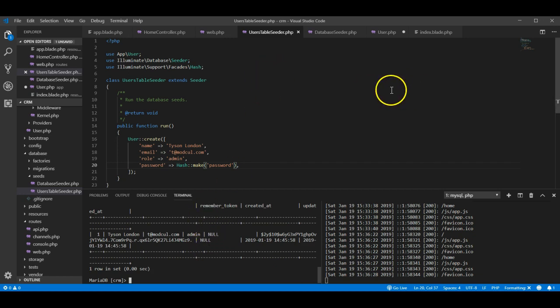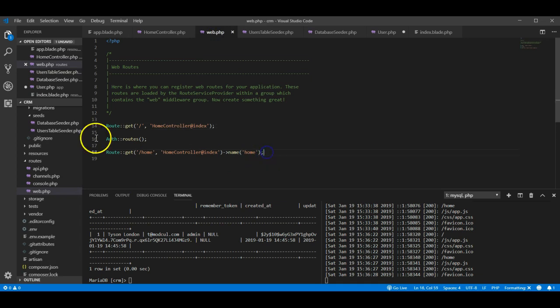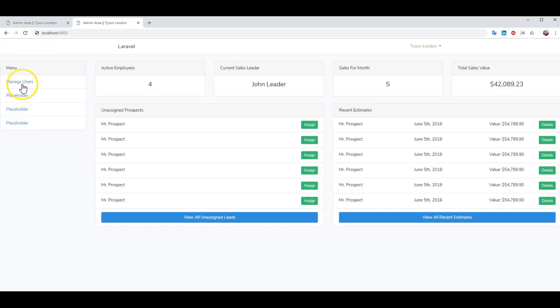So the next thing we're going to look at here is let's go and create. Let's see here. There's a couple things we need to do. One, we do need to change up our routes here. So we want to make sure that, say, on the back end when we actually go to the user's view, all of this is only accessible from an administrator. So there's a couple of things we need to do. One, we need to add some middleware which verifies that the person is an administrator before they go in and are able to create users. But what I want to do first here is I want to create